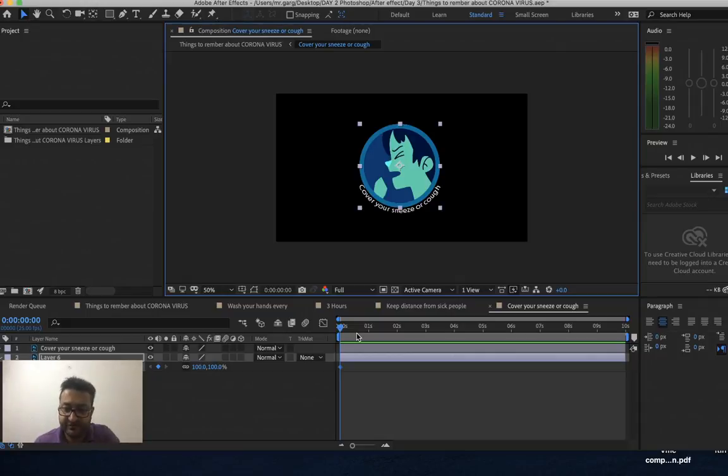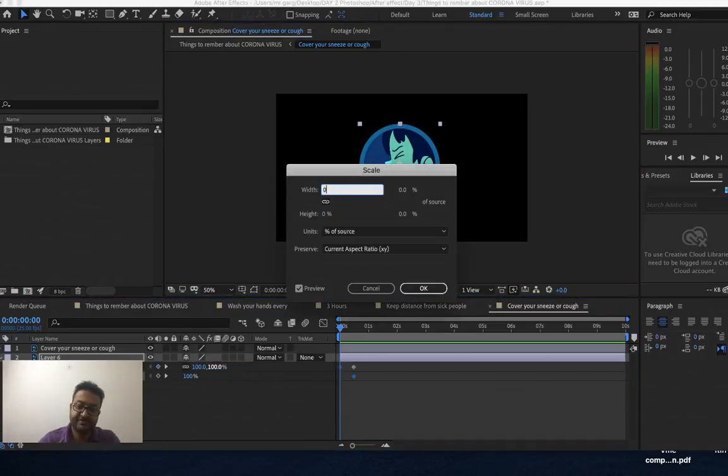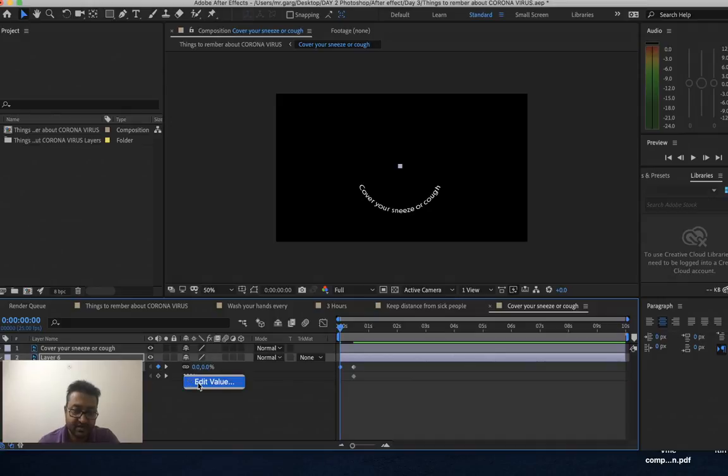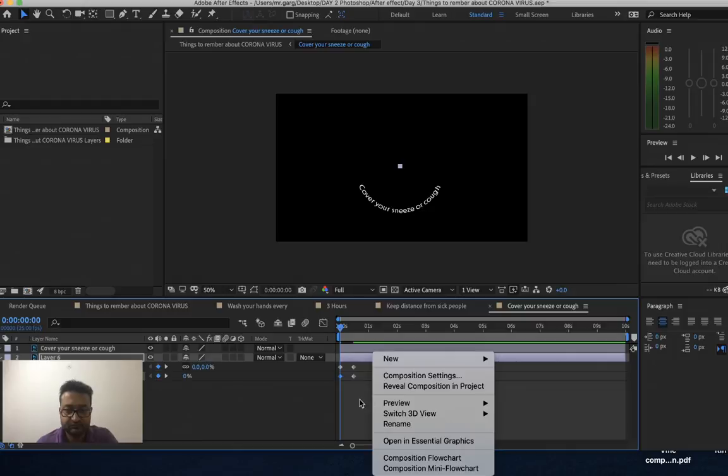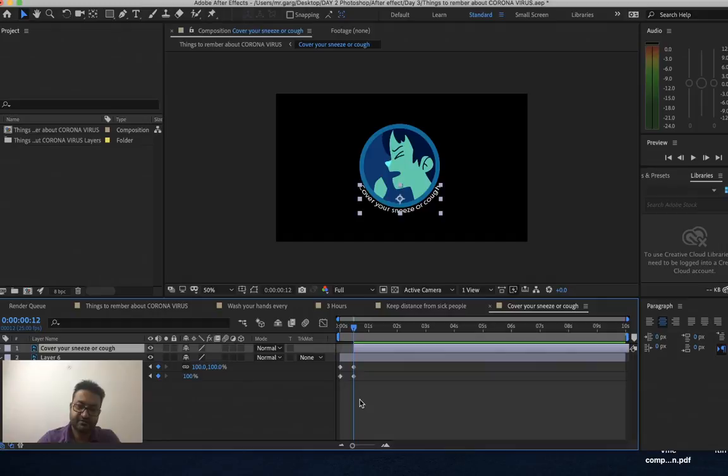So let's shift the keyframe 12 frames forward. 1 2 3 4 5 6 7 8 9 10 11 12. Let's create the opacity key. You can go to the keyframe and then press Control Shift Alt T, the shortcut to create the keys. Then go to the in point, press 0, go to opacity, then press 0, press scale, go to your